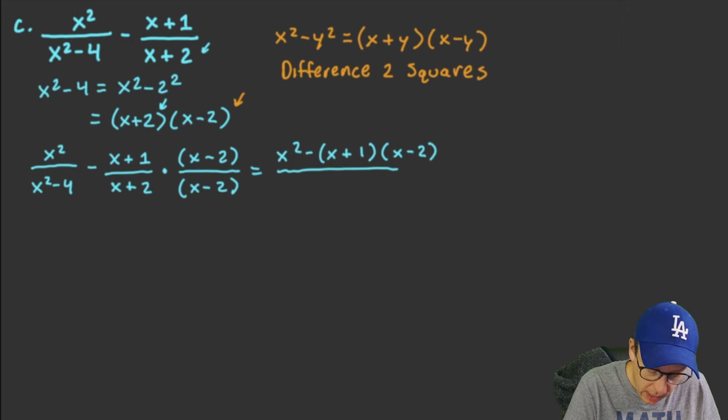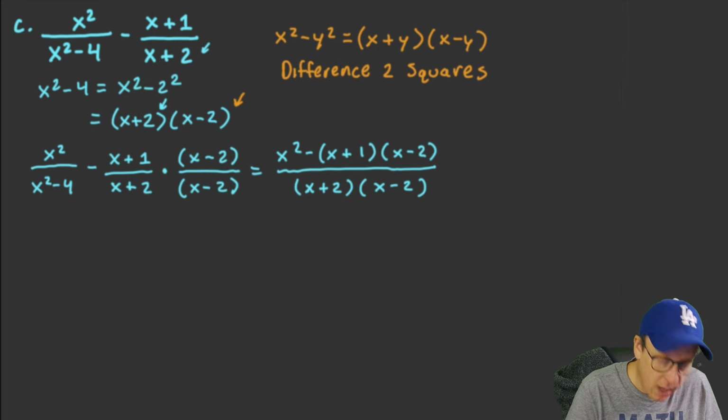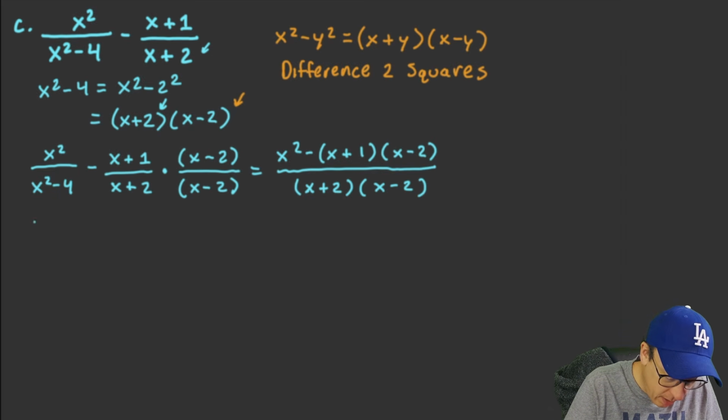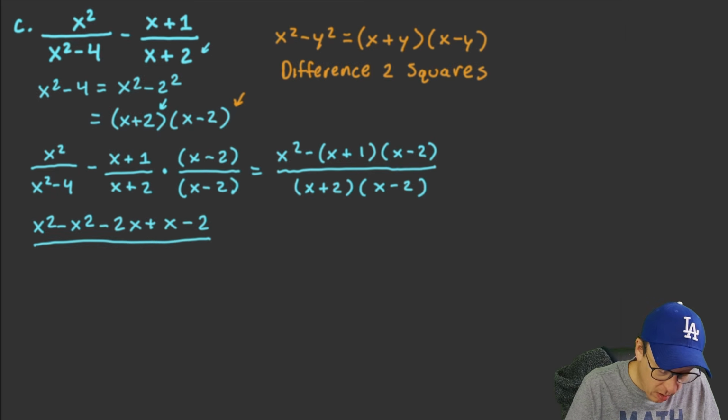We're going to use FOIL again across the top of this, and this is going to give us our common denominator of x plus 2 and x minus 2, just as we knew we had. If we take FOIL across the top, what I mean is multiply the first, outer, inner, and the last values. We'll end up having x squared minus 2x plus x minus 2 all over our denominator that we worked out before, x plus 2, x minus 2,